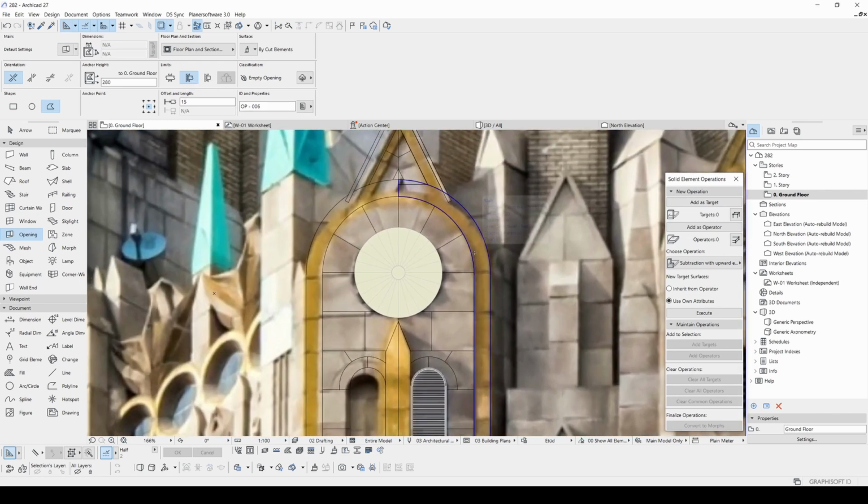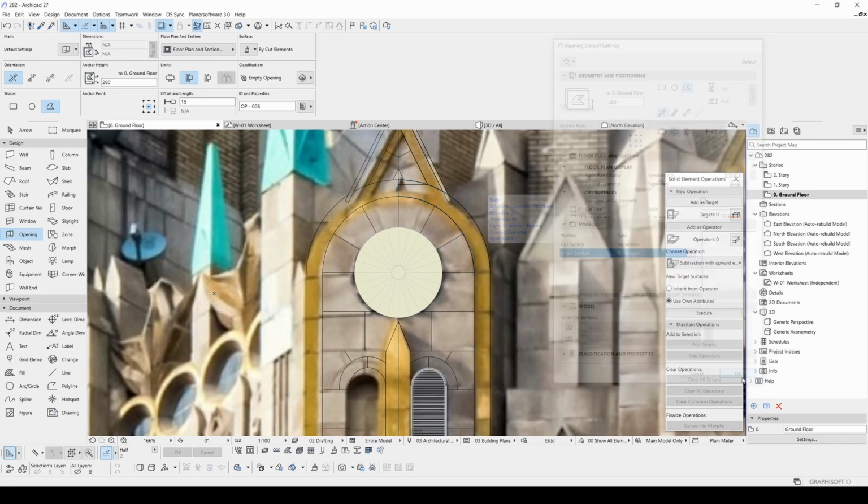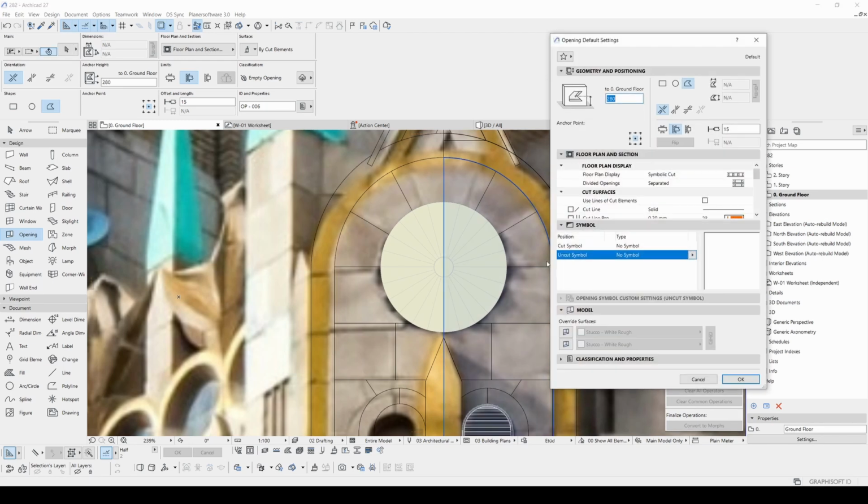Since we have used 20 centimeter thickness for this part, this value will be less 5 centimeters. So I'm going to input here 15. But as you can see, this thickness is 60, therefore this value will be 55.